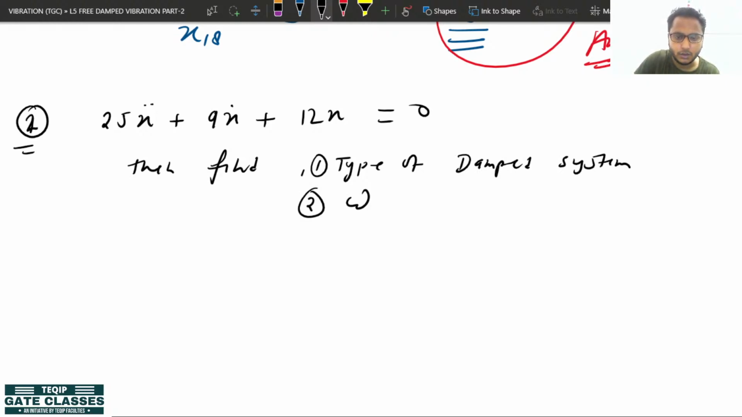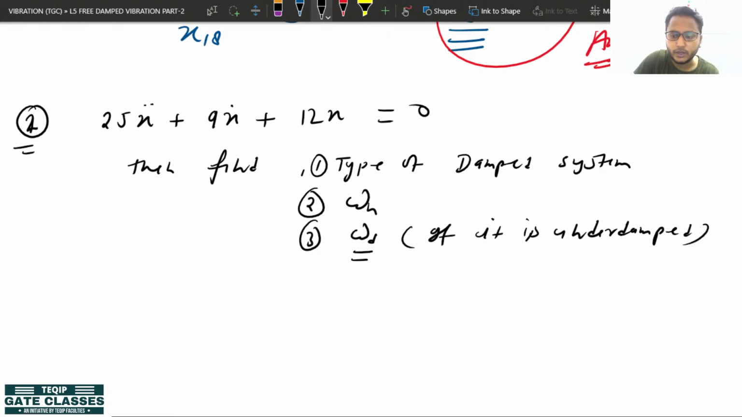Second is to find out the natural frequency, and third is to find out the damped frequency, if it is underdamped. But we have to find out firstly what type of system it is. If it is not an underdamped system, it will not have any damped frequency. Okay, so now what we can write in this equation